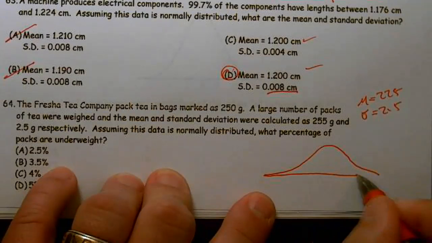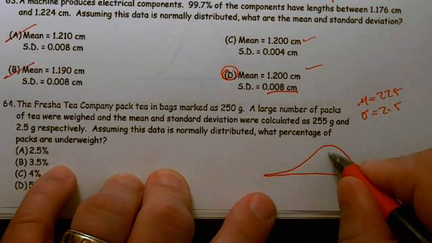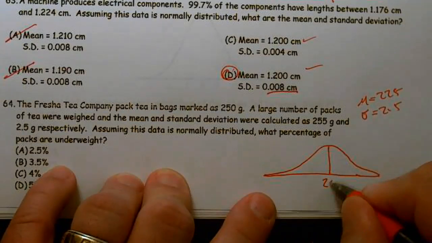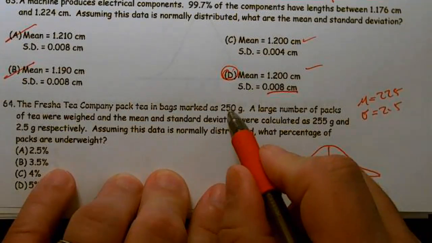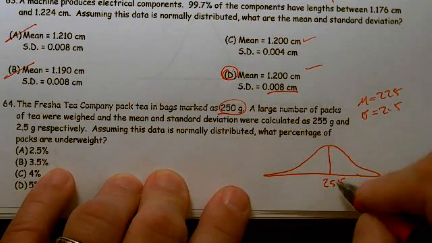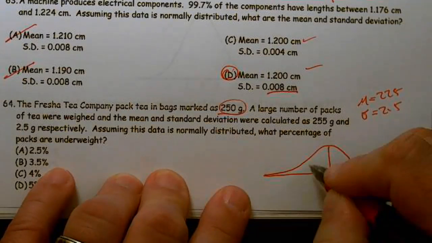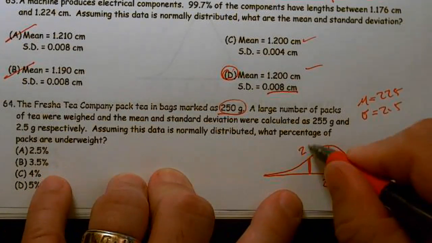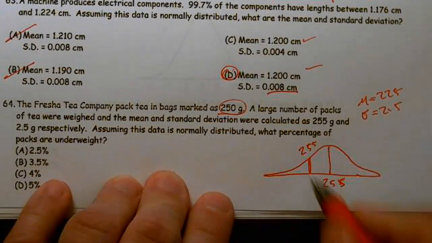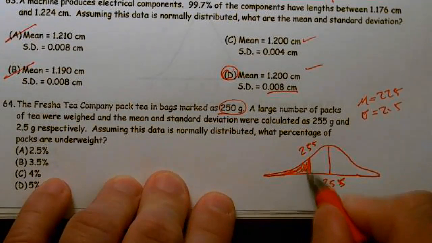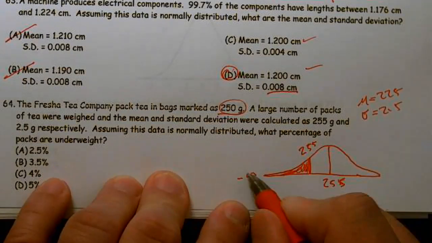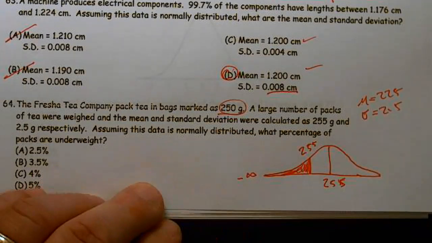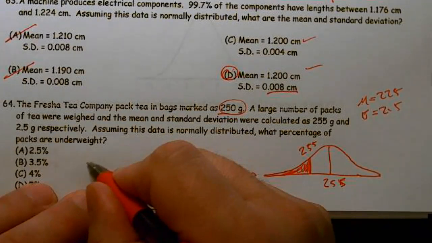They told us it was normal, so I'm drawing a normal curve. They tell me the mean is 255. They're advertising them, or they're marking them, as 250. Well, 250 happens to be below 255. Now we want underweight, which means we want less than, and you have to remember the normal distribution goes to negative infinity. So this is going to be a norm